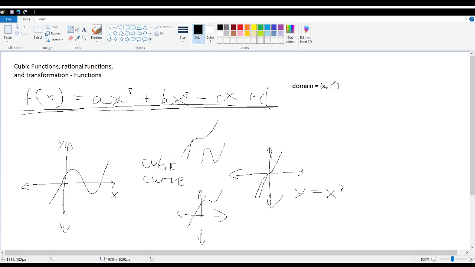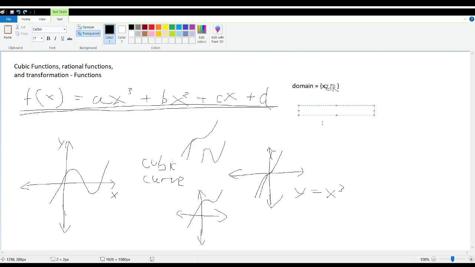It's the real numbers. So the domain is that it can be any real number. The range is the same. Let's type this one out. Range equals